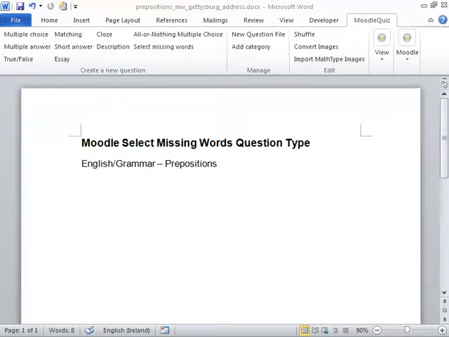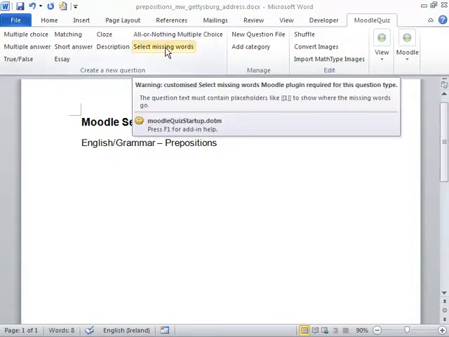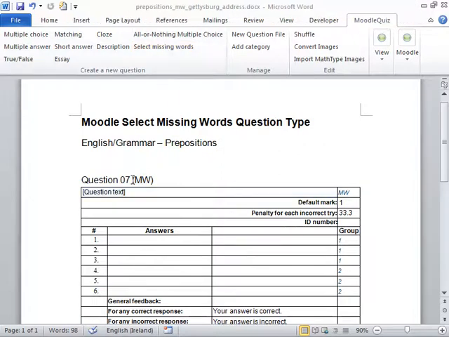Hi there. In this screencast I want to show how to use the Select Missing Words question type in Moodle for a fill in the gap question. So here I am in Word, and the first thing to do is to insert a Select Missing Words question